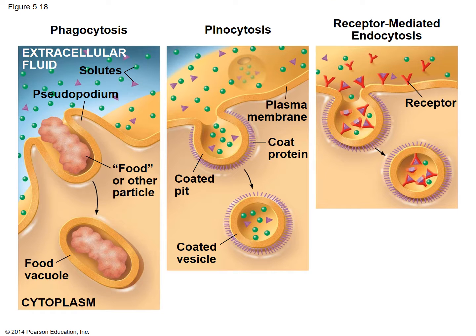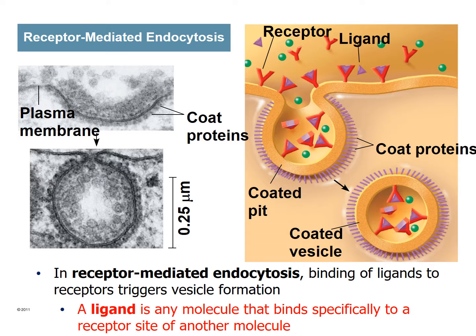On the left-hand side here, we've got an example of bulk movement across the cell's plasma membrane, called phagocytosis. So what you're looking at here is another example diagram, let's say an amino